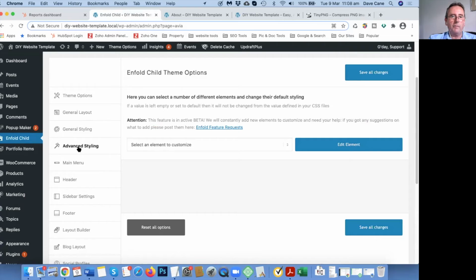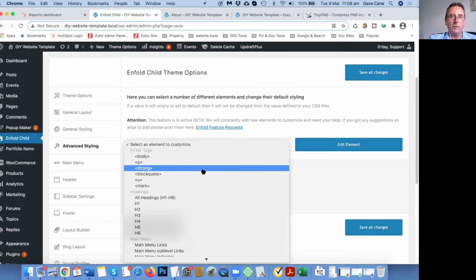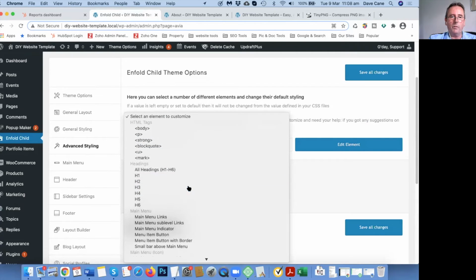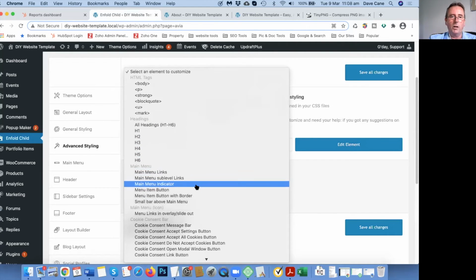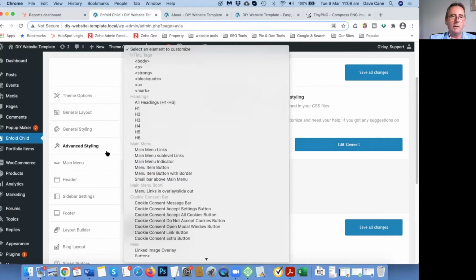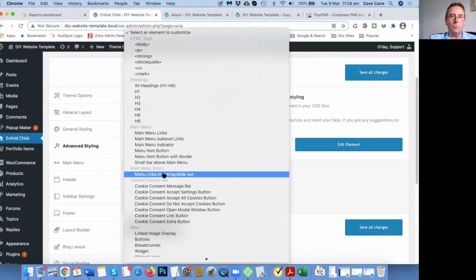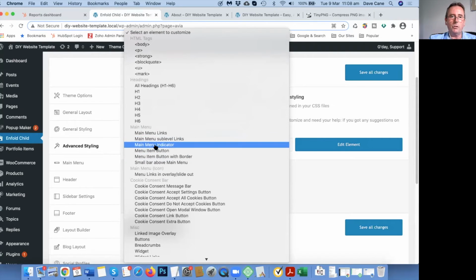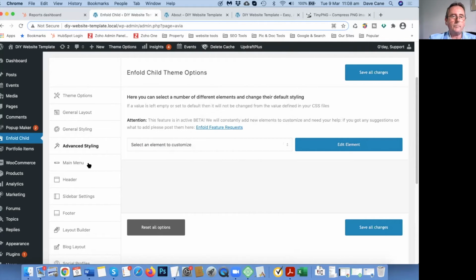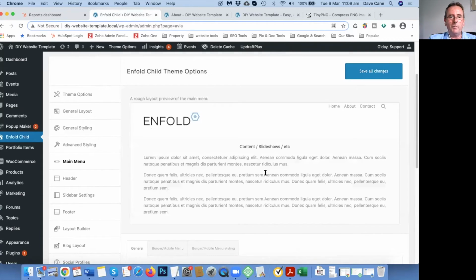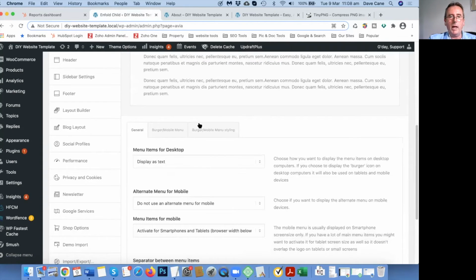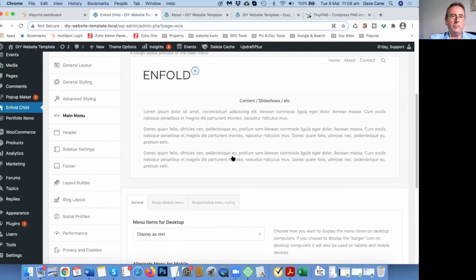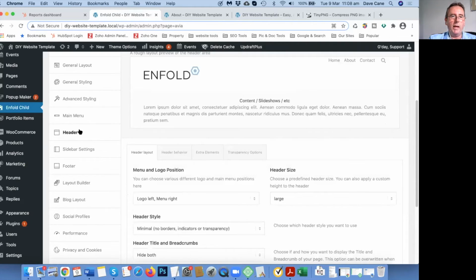Then you can go to the advanced one, and you can do a heap of different things. So you want to make all the different size headings a different upper and lower case or not. You can go through and choose each of these, and where you want the menus to work differently, you can go through and choose all the different menus and sub-menu options: how you want the menu to appear on the page, and it looks like a mobile view, you can do all that there. How the header is going to be,